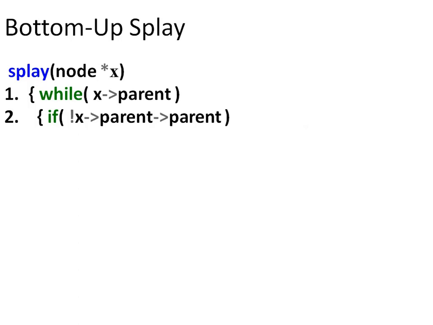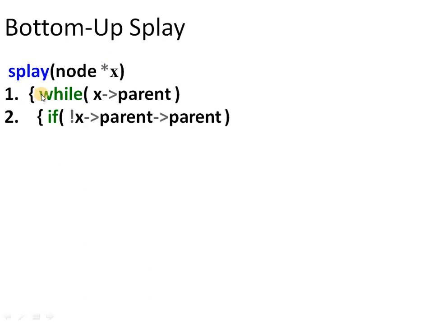So with this, we have completed all the operations on splay trees. Next, we have to discuss the algorithm corresponding to bottom up splaying. So here we are assuming that we are maintaining the parent pointer within each and every node of a splay tree. So we have to simply pass the node at which we wish to perform splay.